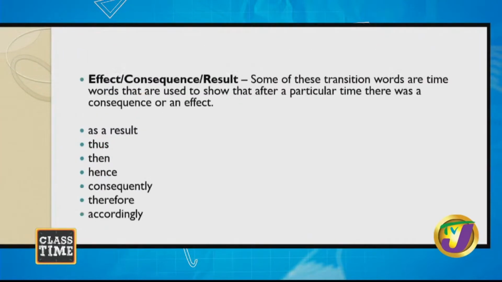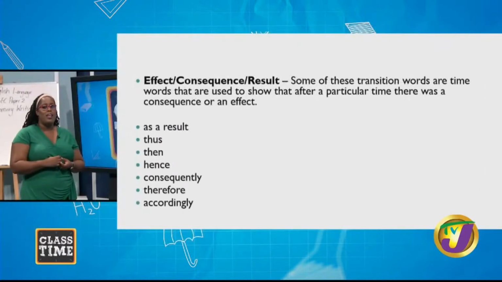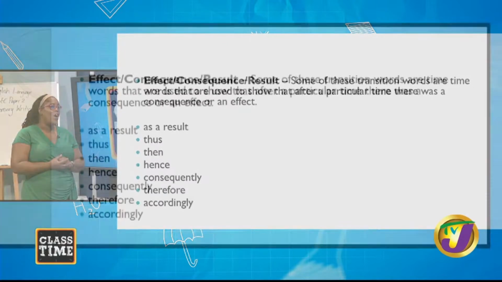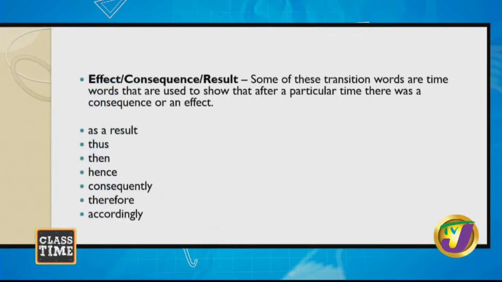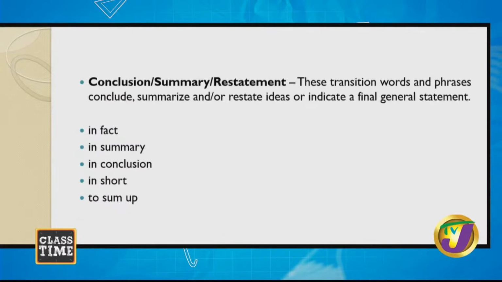Transition words and phrases that show effect, consequence, or result. Some of these transition words are time words that are used to show that after a particular time, there was a consequence or an effect. And a few of these examples are as a result, thus, then, hence, consequently, therefore, and accordingly. And the final one,